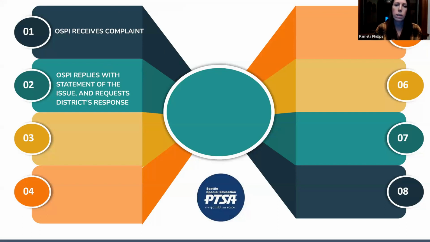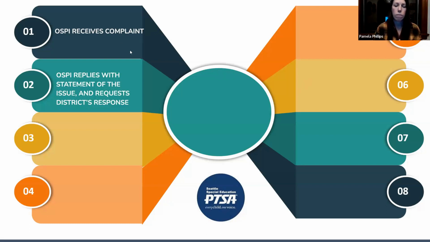And the first step is to file a complaint. Anyone is able to file a complaint, with the caveat that there has to be a rule that violates IDEA. Now, you don't have to know the specific rule being violated, so you can simply place information in the complaint about the issue that you think is occurring. And that's what makes the process